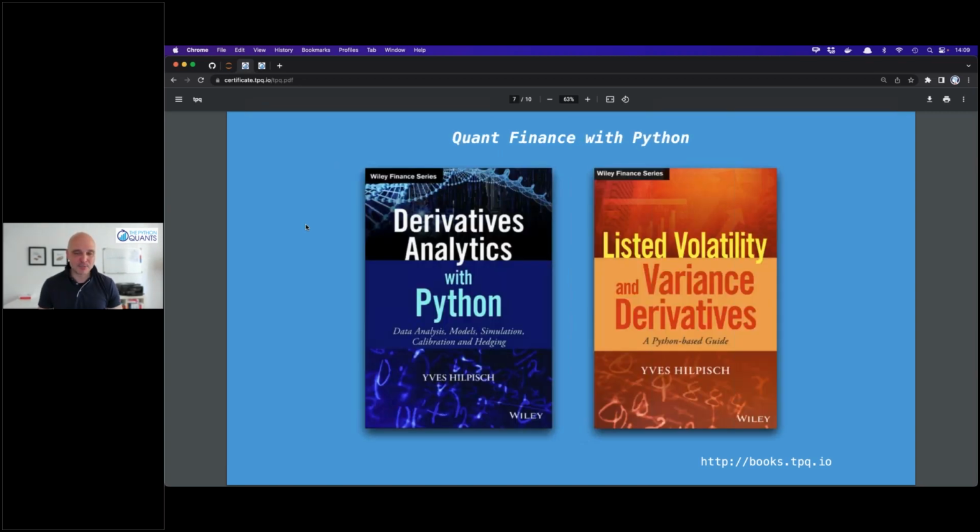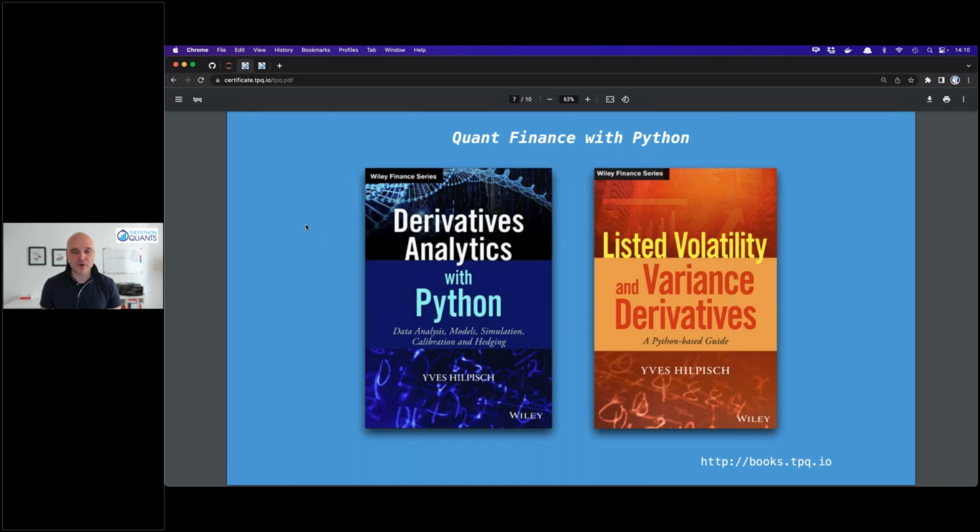Here are my quant finance books. So when somebody asks me what my educational background is, my PhD in mathematical finance, and what you can read in these books is, I think, closest to where I'm coming from. But of course, there's a ton of Python. Python is not explained in these books. It's rather like the tool that is used to implement the numerical methods that are introduced against a quantitative background,